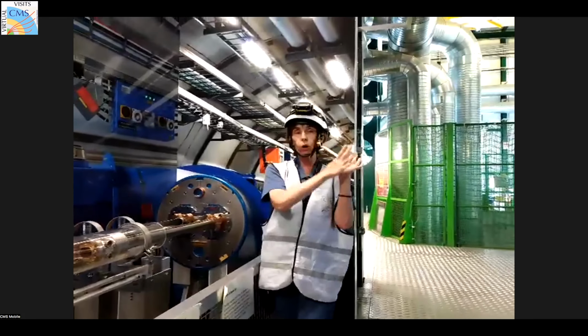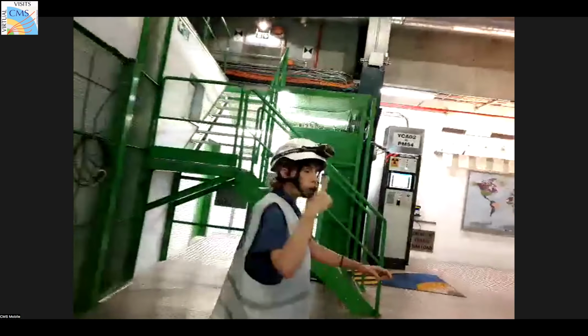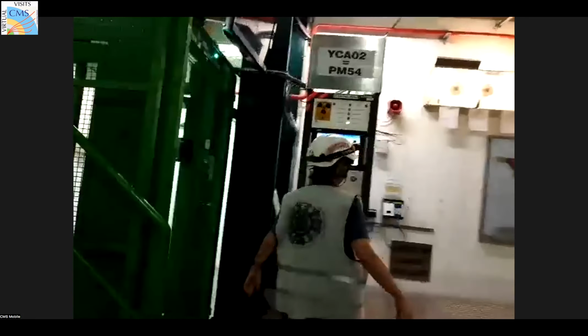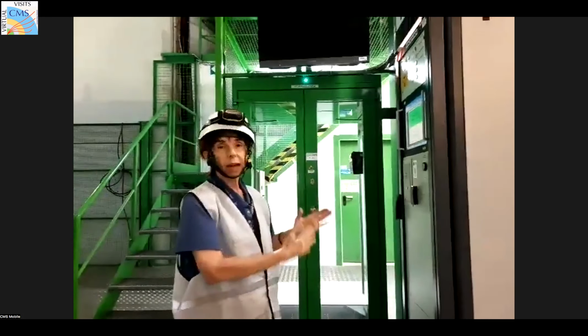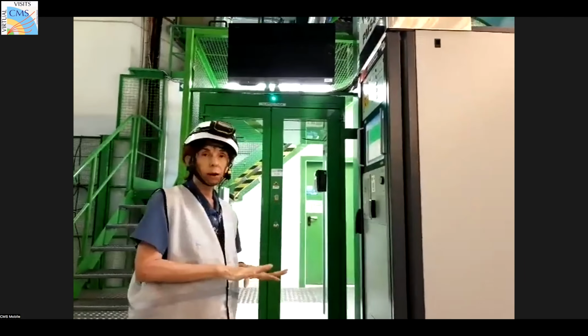Now, I will go to the other side. I take the floor for just another moment just to enter. If you follow me, I'm in front of a door. This door is called PAD, and it is for people to enter the experimental area. It is not the underground area, it's still the surface area, but it is already the experimental one. To enter this door, I need to pass 3 checks.